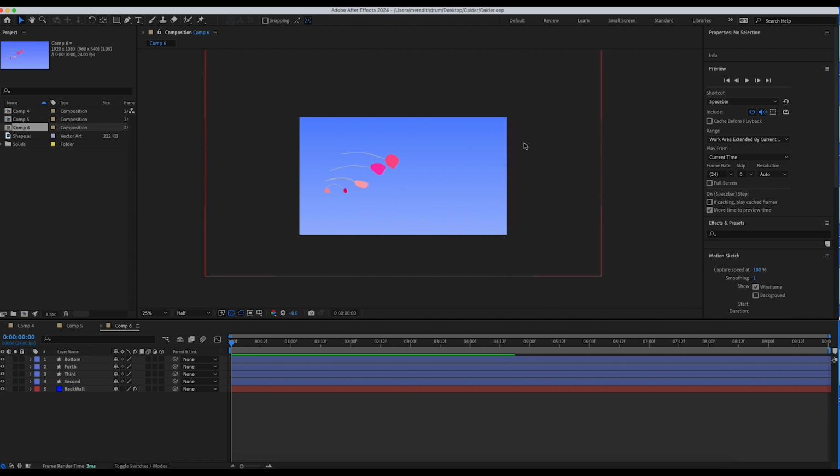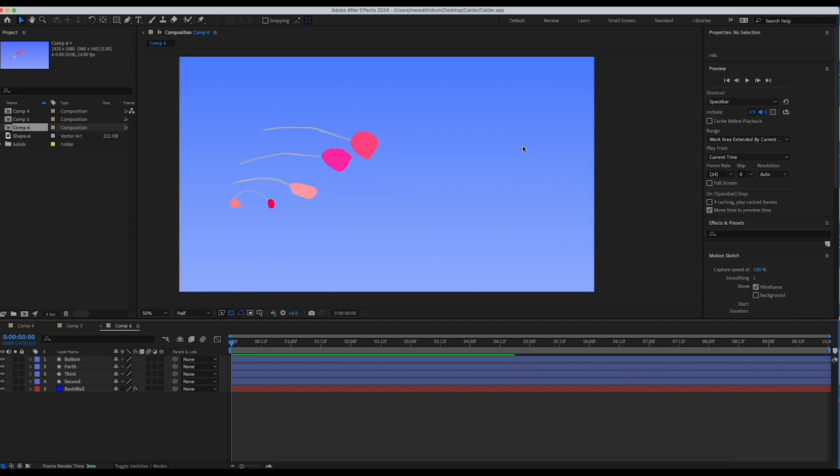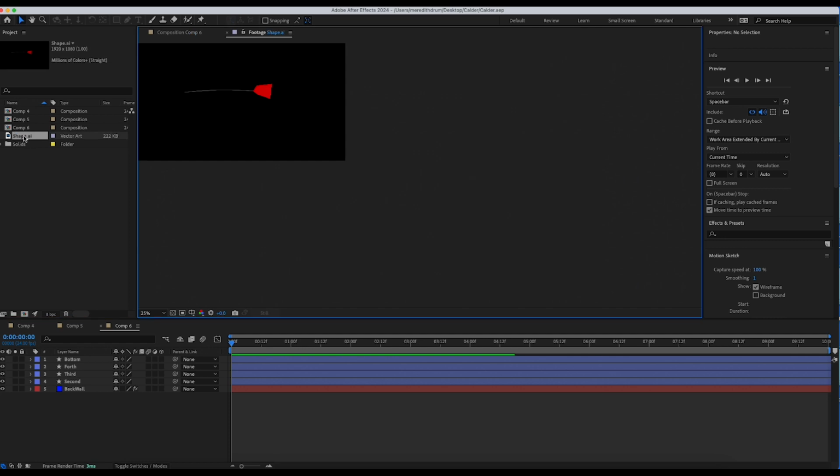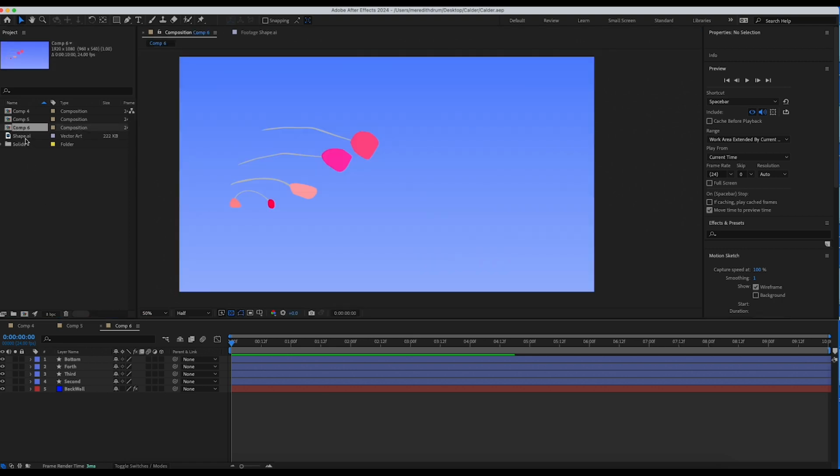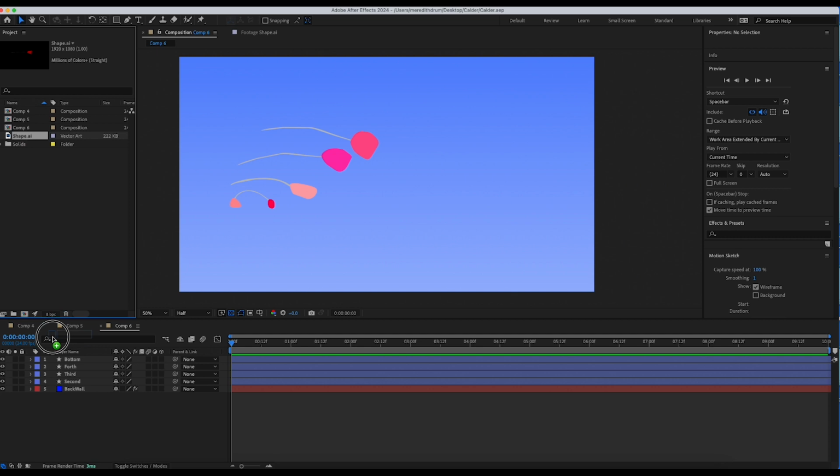Let's figure out what we want to do. First of all, I made these shapes in Illustrator, and there's one shape that I'm going to show you how I added. So this is our Composition 6. This is the shape I want to add. I'm going to take it with my left mouse, smash it down, and drag it down here. I want it to go on the top. Well, I'll show you what I mean. I'm going to put it down here underneath the second layer.